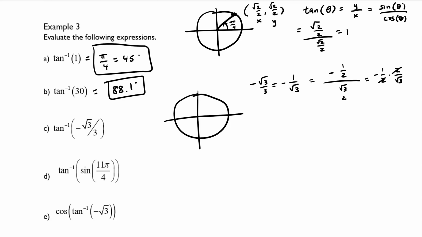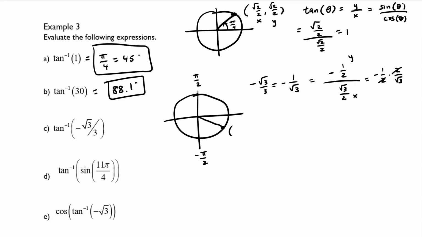And the reason that I knew that is because tangent inverse falls either in the first or fourth quadrant, because we know that the range of tangent inverse is between negative pi over 2 and positive pi over 2. So this is the y value and this is the x value. So I'm looking for